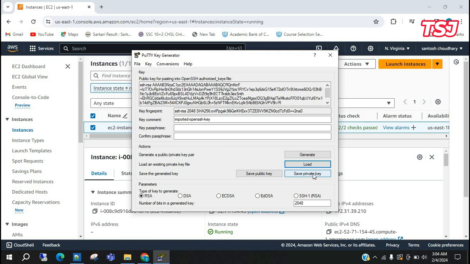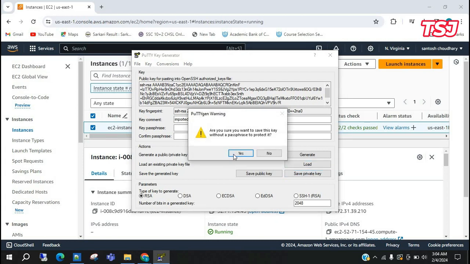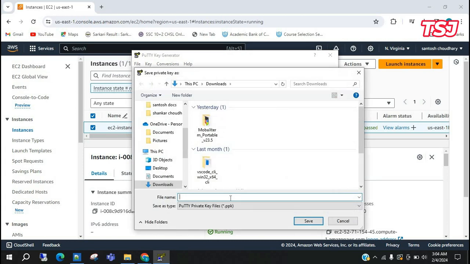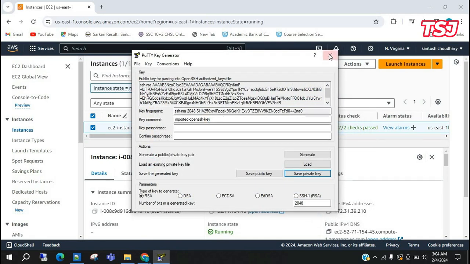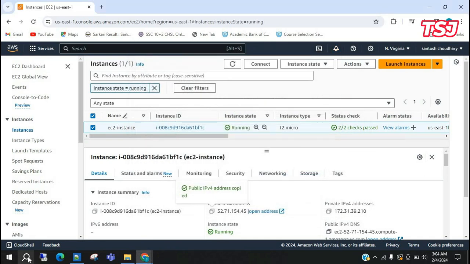Okay, and now save the private key. Yes, then give the private key name, right? So key pair, and now save, right? Now close this window and now click on